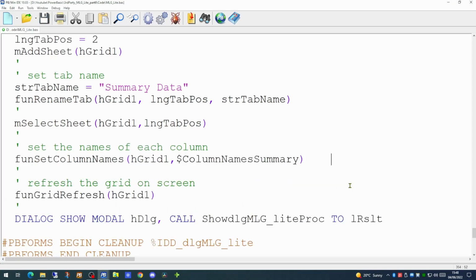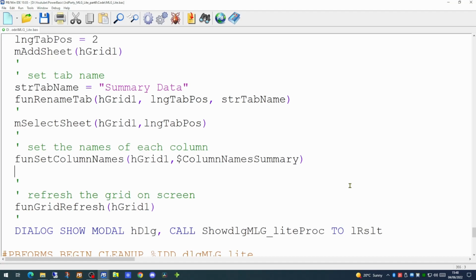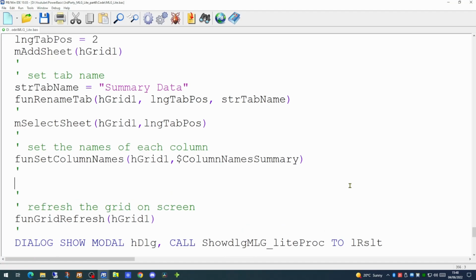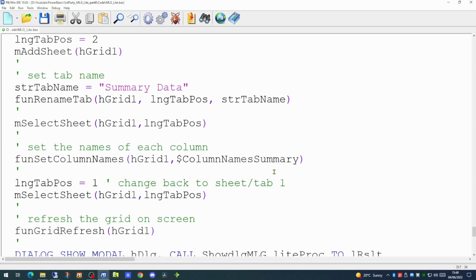We can use the set column names function to set the names of each of the columns on this second tab, because that's the one we have currently selected. Before we continue with the code, we'll want to set the current tab back to the first tab, so that the code within the callback function will populate the correct tab. So if we run that code now,